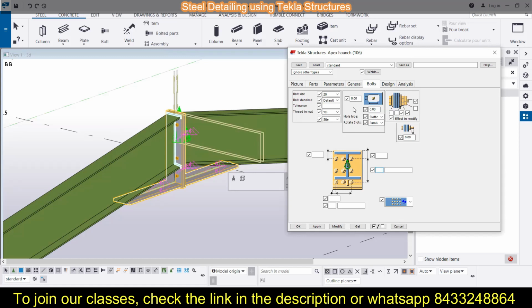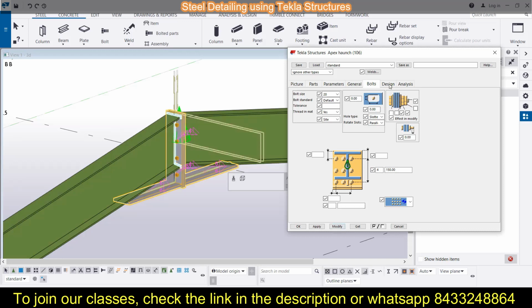Now you can see we have this option of bolts, so you can decide the number of bolts from the top to bottom. So this is the line that you have to consider, and over here you can select the number of bolts. Right now we have 3 bolts, and if you want to make it 4, then you can just make it 4, and if you want to provide a specific spacing between them, then you can also do it like this. So now you can see we have 4 bolts spaced at 200. Now if you want to make it 150, then you can also do it like this. Okay, so now you will have 4 bolts spaced at 150 mm.